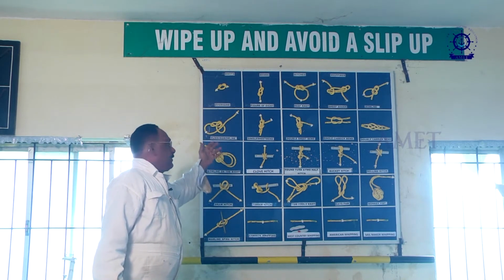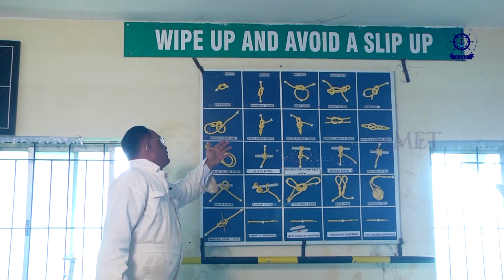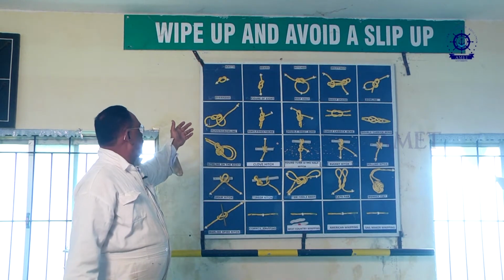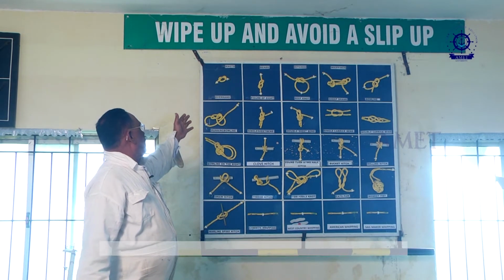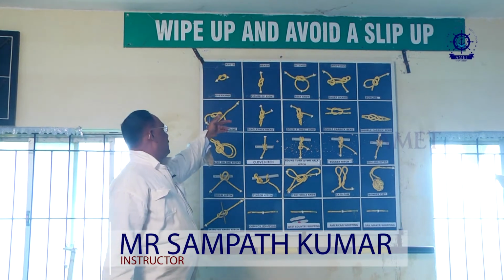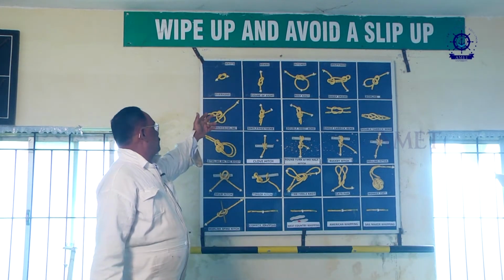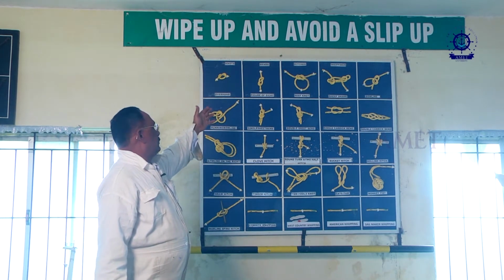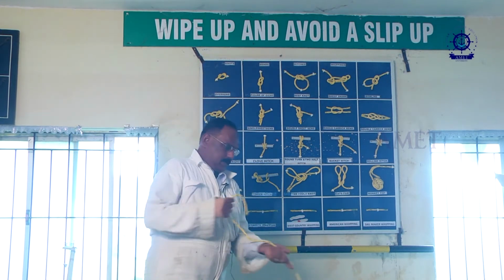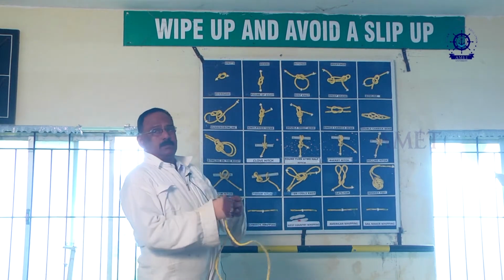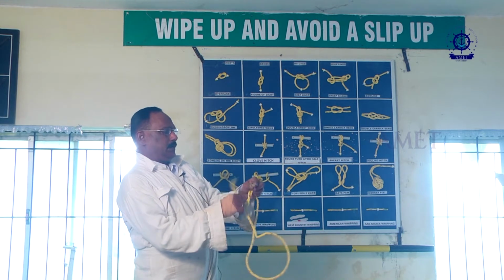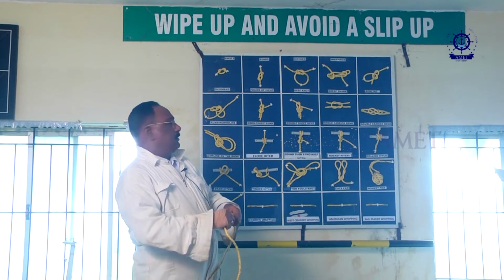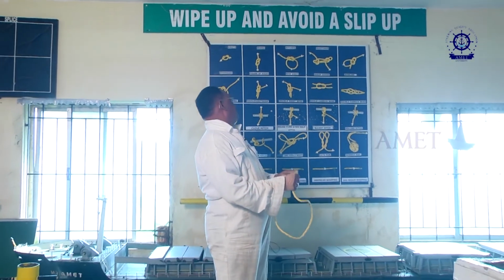Each knot has its own working process, and the very first one is the overhand knot, which is used for not unreeving the end of the rope. The second one is the figure of 8, which is used during an emergency to get embarkation into the lifeboat. The third one is the reef knot, which is used for joining two ends together which have equal thickness. The fourth one is the ship shank.